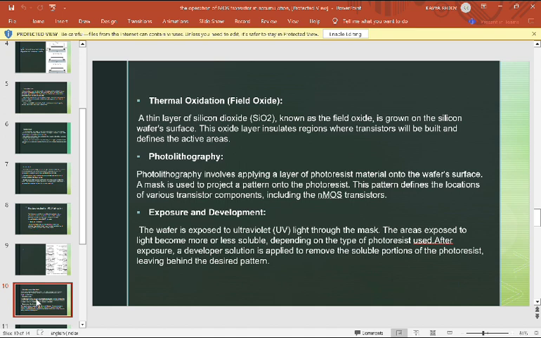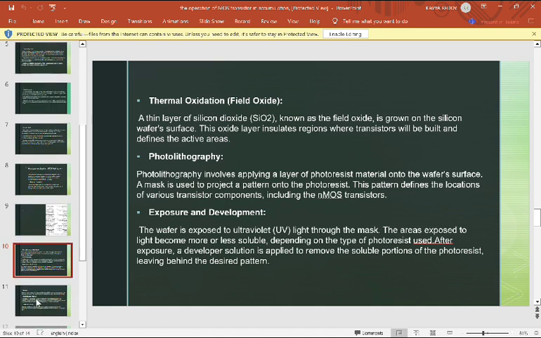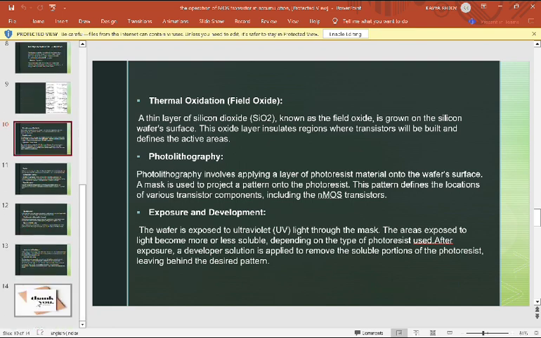Next is exposure and development. The wafer is exposed to ultraviolet light through the mask. The area exposed to light becomes more or less soluble depending on the type of photoresist used. After exposure, a developer